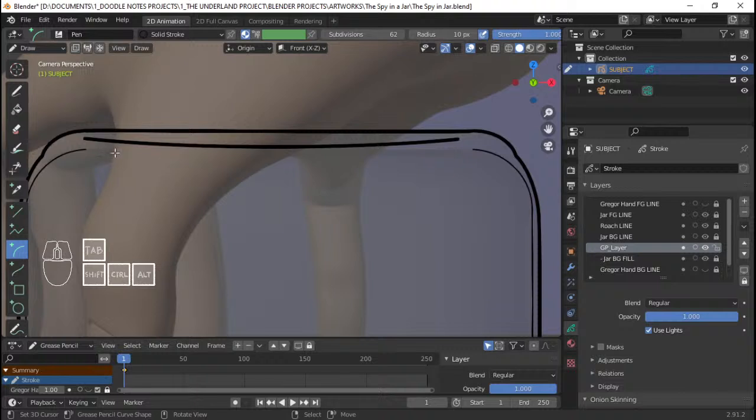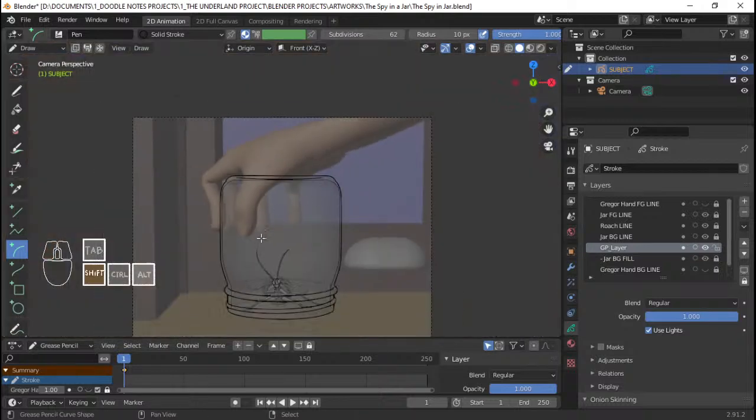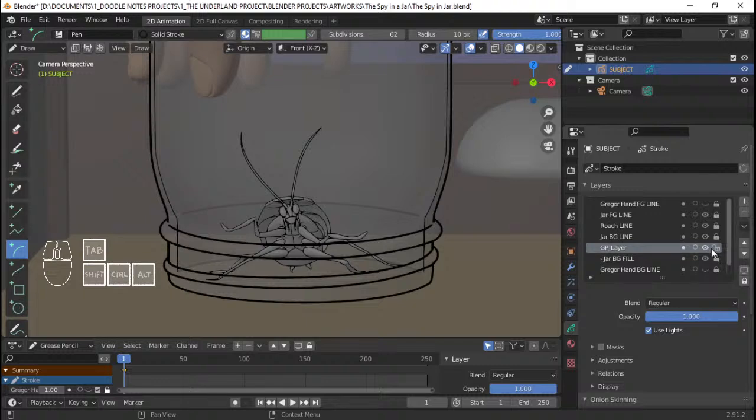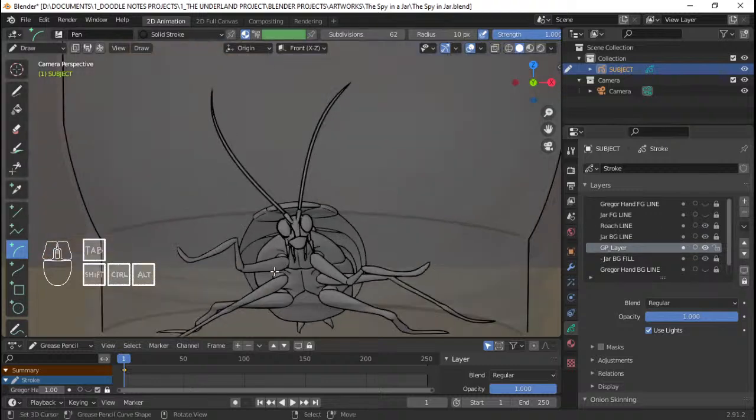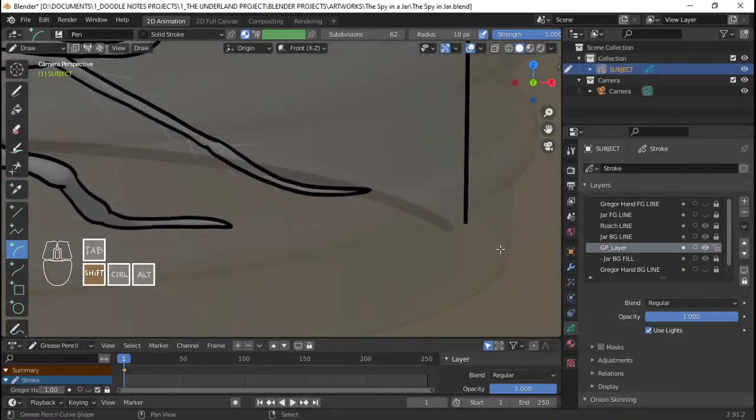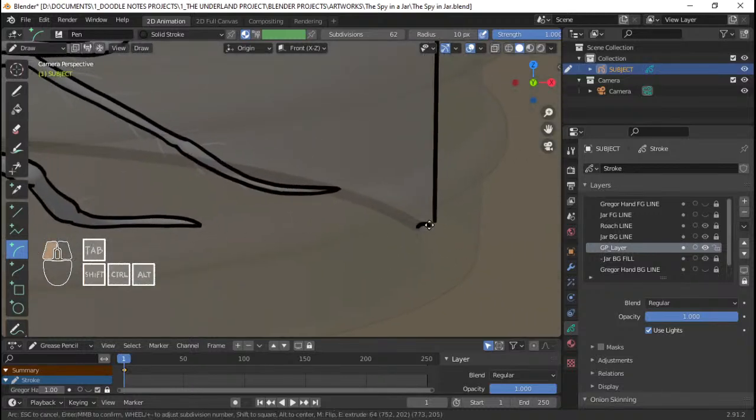I might have to go for a curved line here. So just something like that. I'm going to turn off the jar FG line. And I'm going to close more of the gaps here.